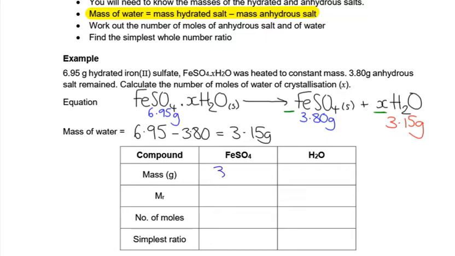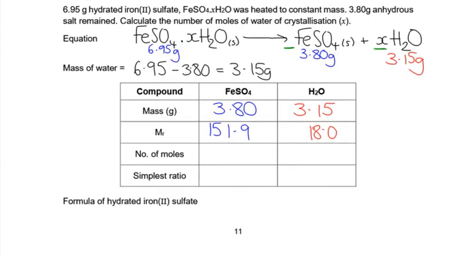Let's put our masses in, 3.8 and 3.15. We're not now using the 6.95, we used that to get the water. We add up the MRs, so we know that water's MR is 18, and we add up the MR of FeSO4 using our periodic table. Convert the masses to moles, so divide mass by MR, and you should get